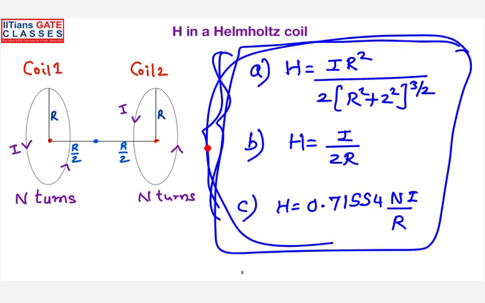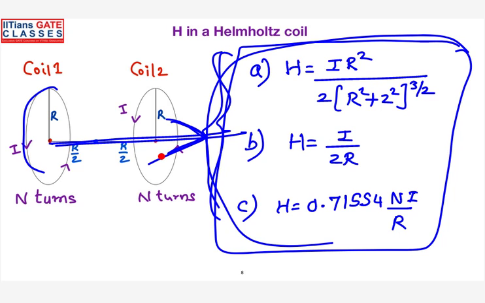So any questions you have? Hello? Yes, yes. But what is the direction of that net magnetic field intensity here? Correct. The direction of the net magnetic field will be along this direction, as I said right now. Because the current in the coil is flowing anti-clockwise, the net magnetic field direction is flowing in this way. Okay?